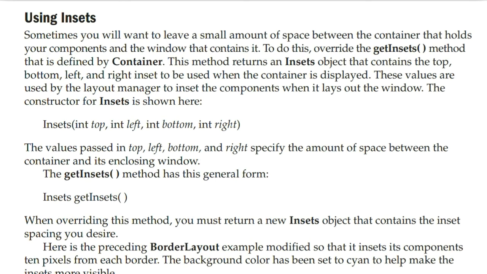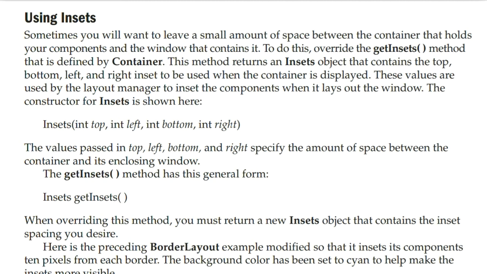Using insets. Sometimes you will want to leave a small amount of space between the container that holds your components and the window that contains it. To do this, override the getInsets method that is defined by Container. This method returns an Insets object that contains the top, bottom, left and right inset to be used when the container is displayed.